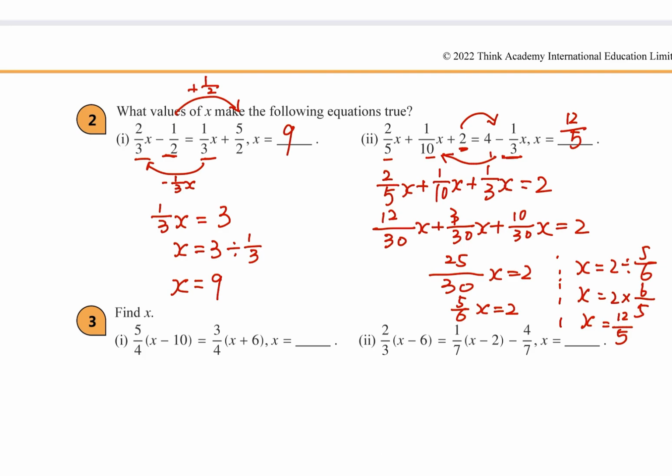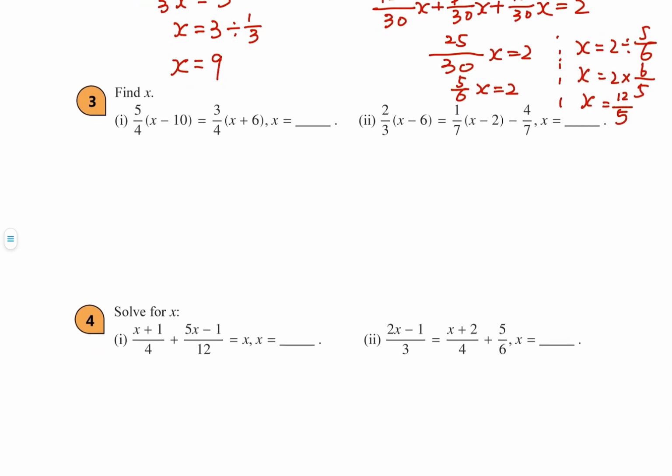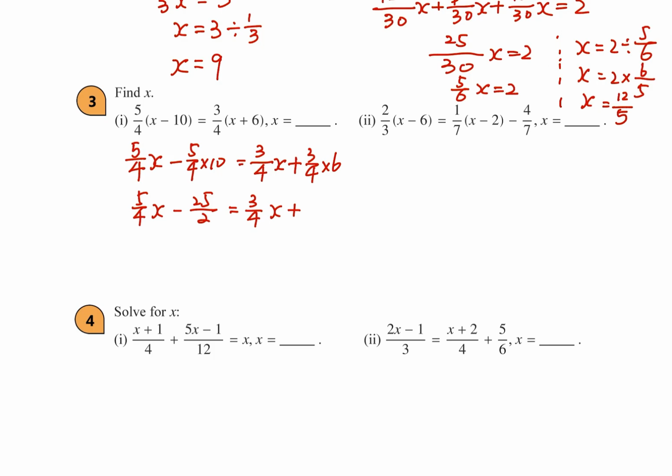Okay, and then for the next question, pretty similar, but with brackets. So first of all, we need to expand the brackets. So on the left-hand side, we would have 5/4x take away 5/4 times 10. On the right-hand side, we would have 3/4x plus 3/4 times 6. Okay, so next step is we simplify them. So after we simplify them, we would get 25/2 is equal to 3 over 4x plus